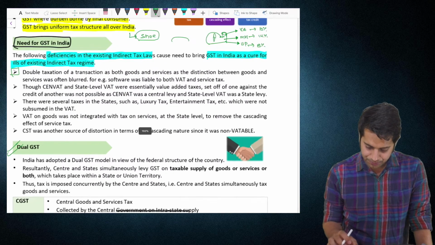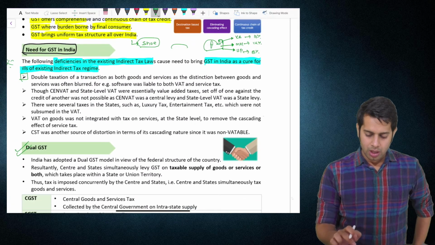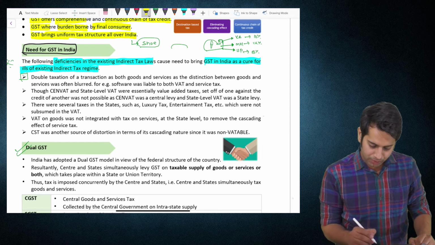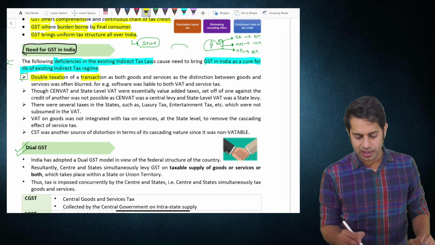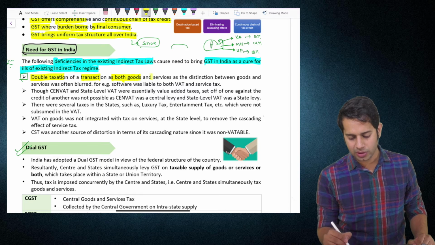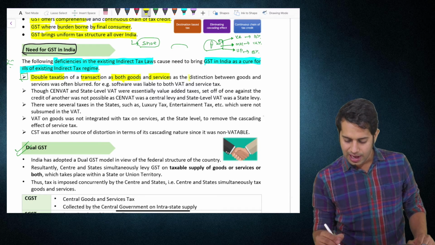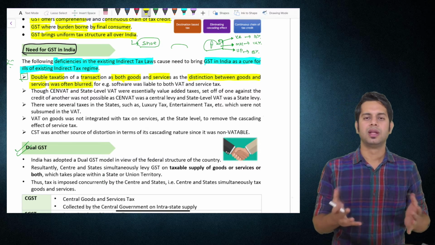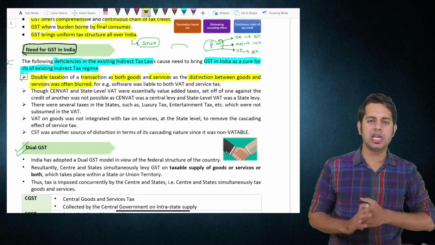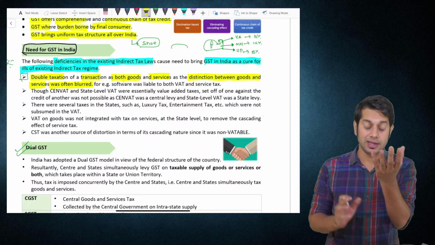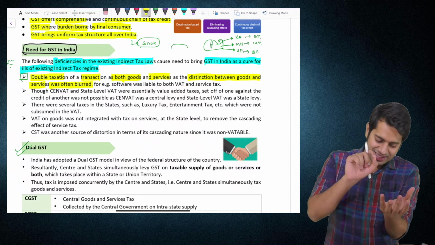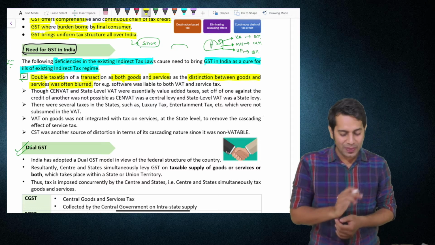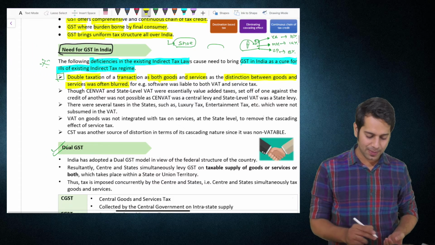Point number 1. What was happening? See, double taxation for a transaction by treating them both as goods and services, as the distinction between goods and services was often blurred. There was a blurriness in distinguishing whether a particular product is treated as goods or services. Meaning what, sir? Say for example,